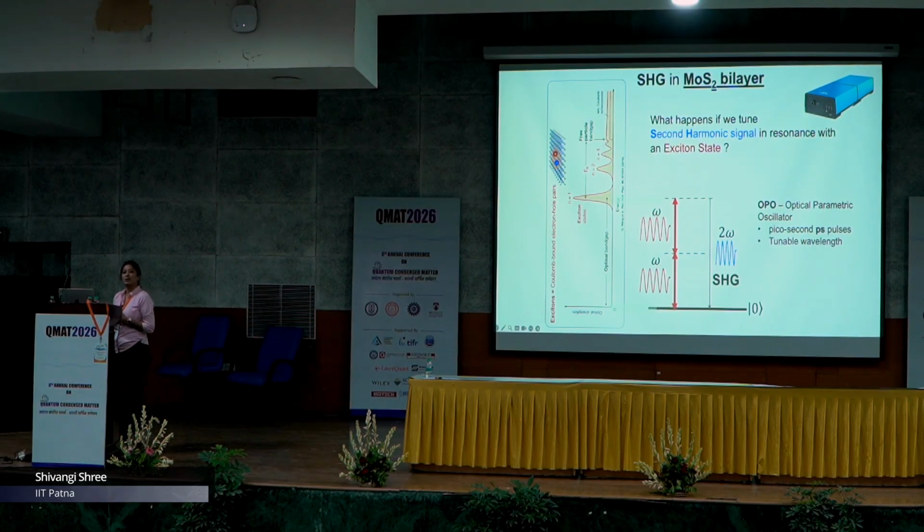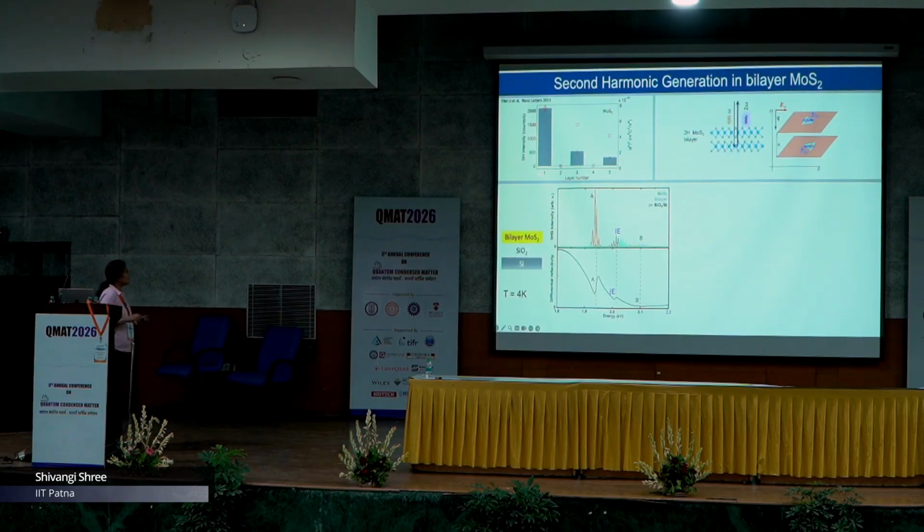Some work was also done on nonlinear optics. So, this is now coming to second harmonic generation. In this measurement, what we do is shine the sample with, let us say, frequency omega, and you collect twice the frequency, which is second harmonic generation. Usually in these kinds of 2H stacking, the symmetry is restored. It is not broken in homobilayers. In monolayer it is broken, and for odd numbers of layers it is broken. So, you see strong second harmonic signals for odd numbers of layers, but naturally for even numbers of layers you